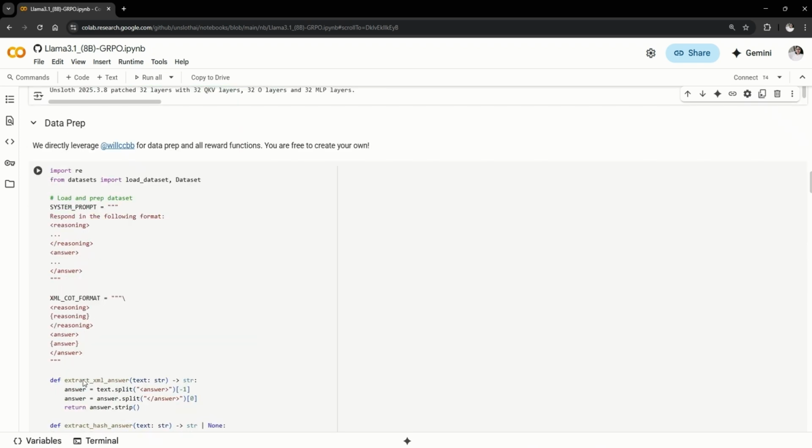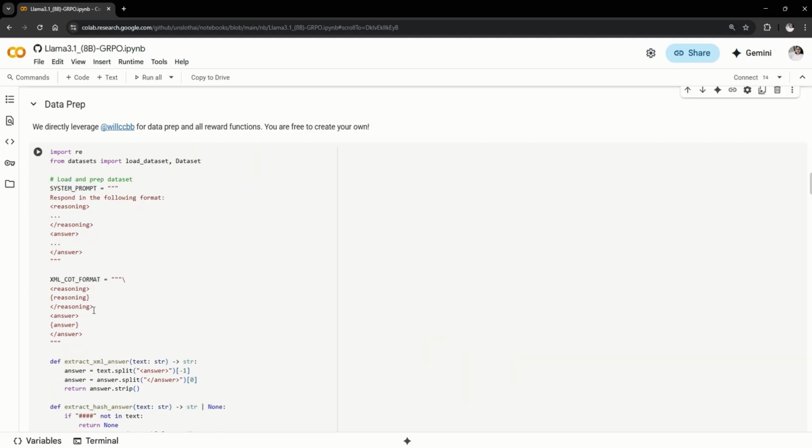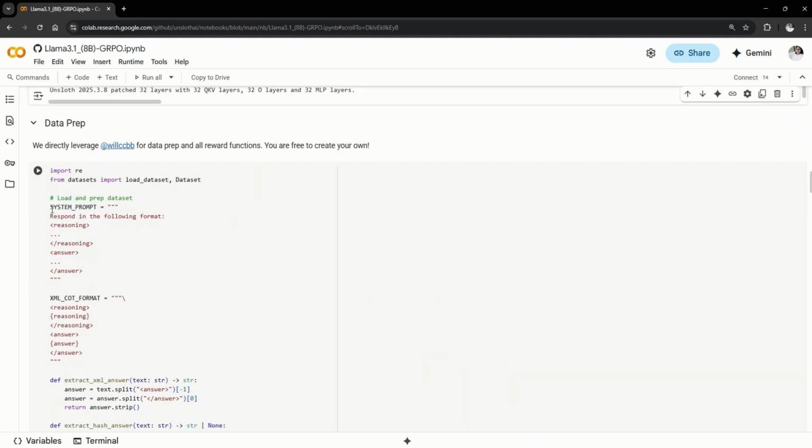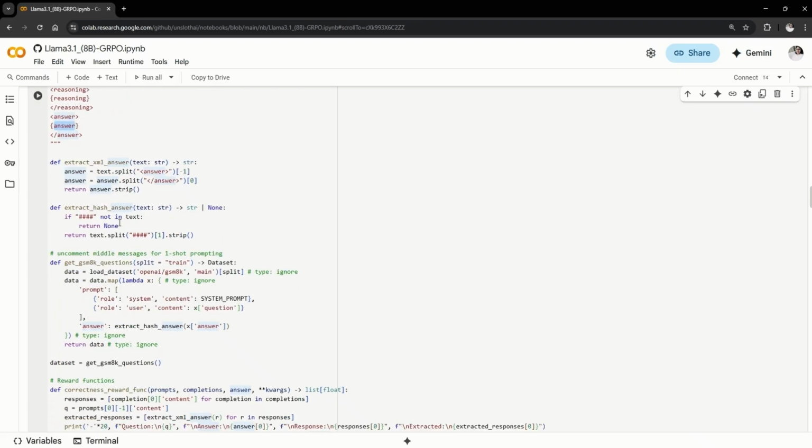The next thing is your prompting and your reward functions that you have to set up. As you had seen in the DeepSeek R1-Zero model, the prompting technique is the same. You have your reasoning and your answer tags, and you also have your XML chain of thought prompting. We want our reasoning to be enclosed within the reasoning tags, and we want our answer to be enclosed within the answer tags. These are some helper functions to load your dataset. We'll be using the OpenAI GSM8K dataset, which is present on Hugging Face. It is a high school level mathematics question answer dataset where there is a question, an explanation of how the answer is coming, and the answer at the end. So that's how it is.